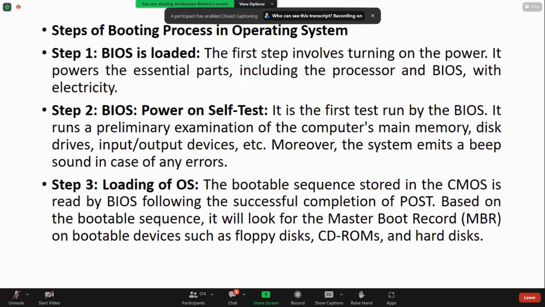It's a very long thing I'm trying to cover in a short time. So guys, please be a little attentive. Now, what are the steps involved in the booting process? There are 6 steps in it. One is BIOS is loaded. Second is POST. Third is loading of the bootloader, like checking of the master boot record, checking the bootable sequence stored in the